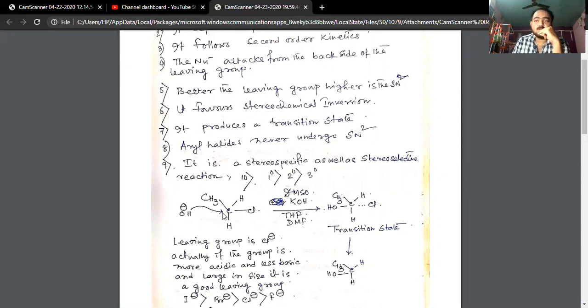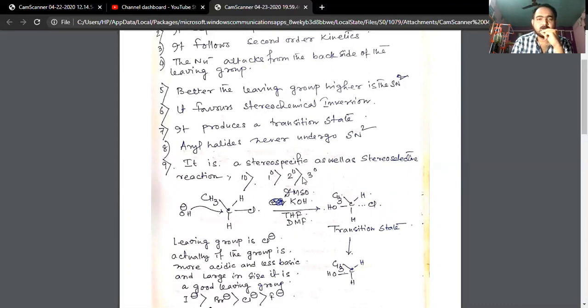In the case of SN2, always remember, the stronger nucleophile, that is the OH minus here, always replaces the weaker nucleophile, that is the Cl minus. Now what happens if there are more bulky alkyl groups present with the carbon atom? The OH will find it difficult to get attached to the carbon atom. So that's why in the case of primary, the rate of SN2 is fast. In the case of tertiary, it is rare.